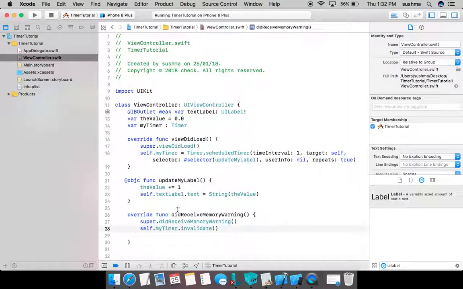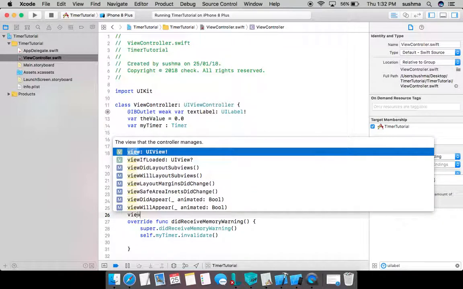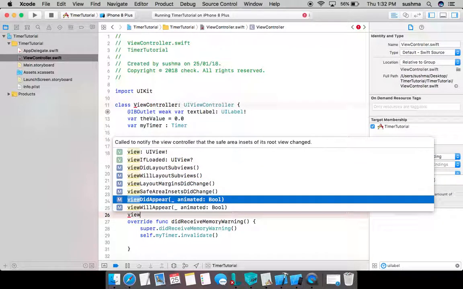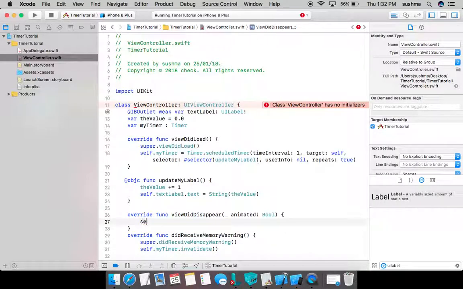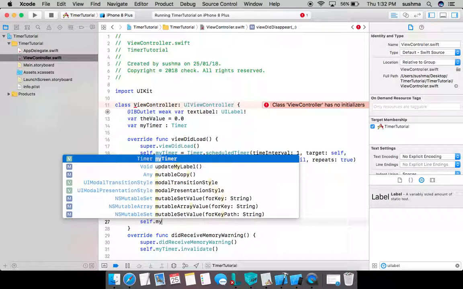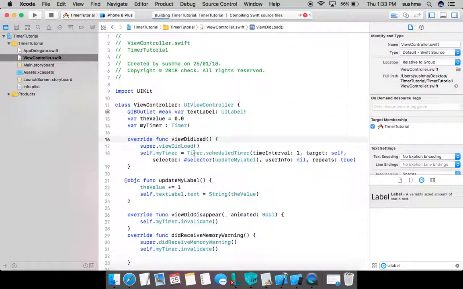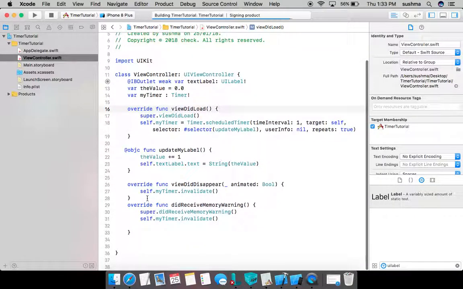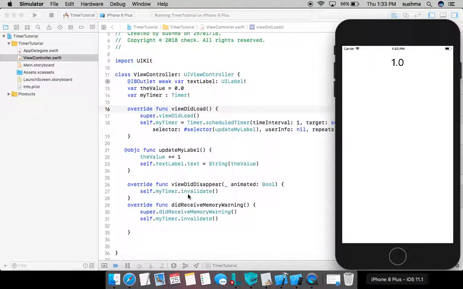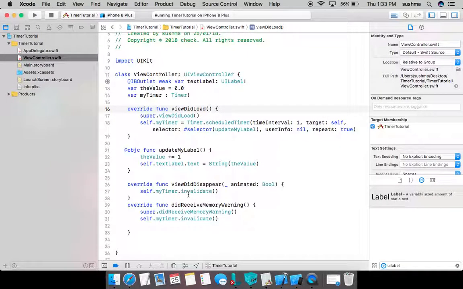And I also need to do this maybe when view did disappear. So I should, it is always necessary that we invalidate the timer. This keeps the code clean, and that is why I've added this. This is not mandatory though, but this is a very good practice. So this is all about NS timer or